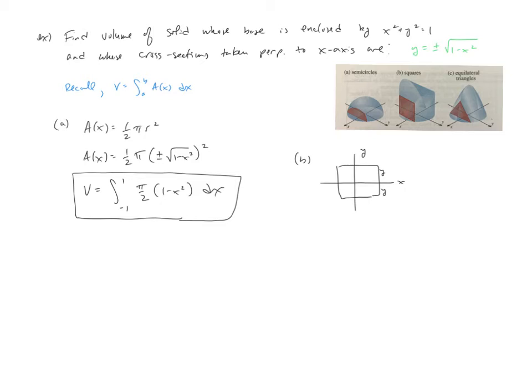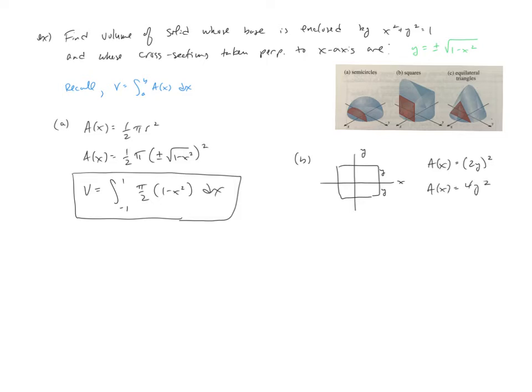I'm focusing on the y's because I want to take advantage of that. So when it comes to the area A of x of this guy, we know it's a square, so it's going to be the length here, which is 2y, and then it's going to be squared,